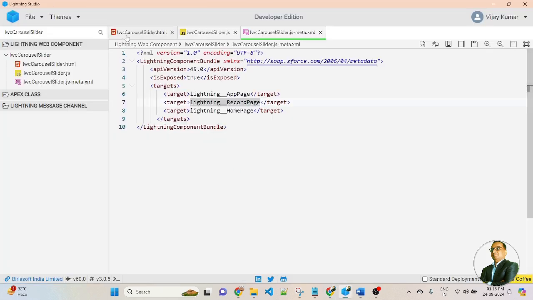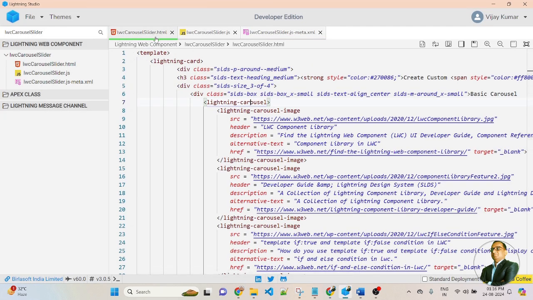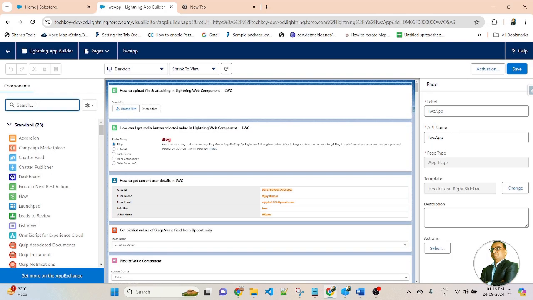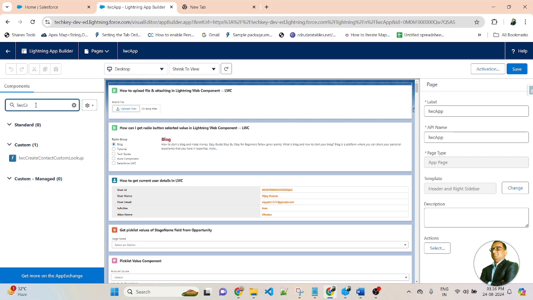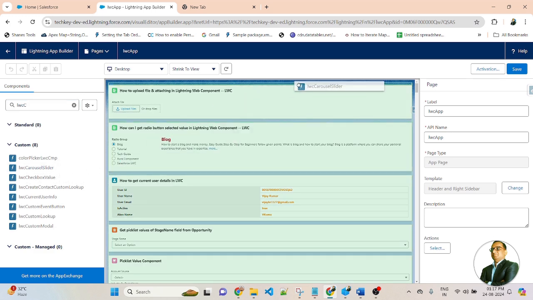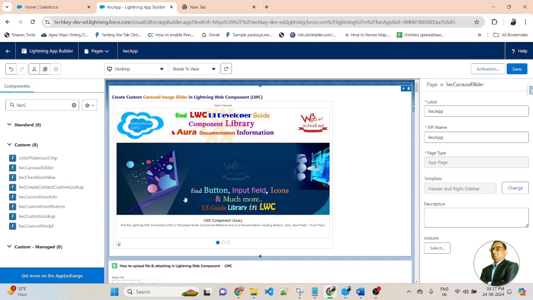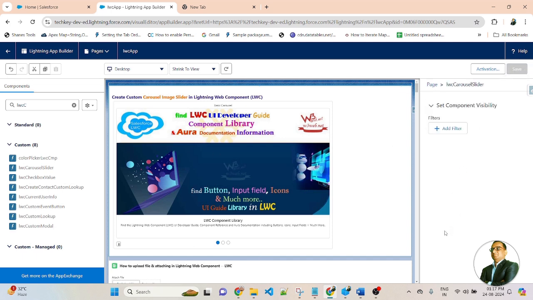My component name is LWC Carousel Slider. So here I am searching LWC Carousel Slider. This is my component, LWC Carousel Slider. So simply select and drag and drop it here. Then save and go back.